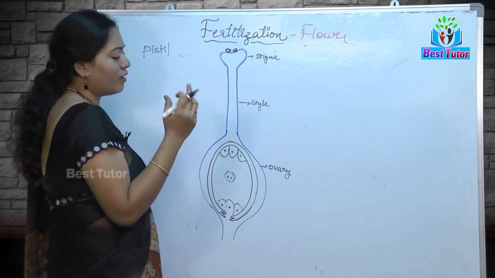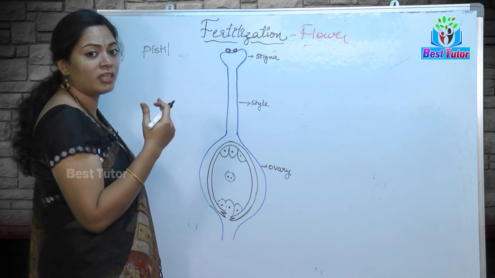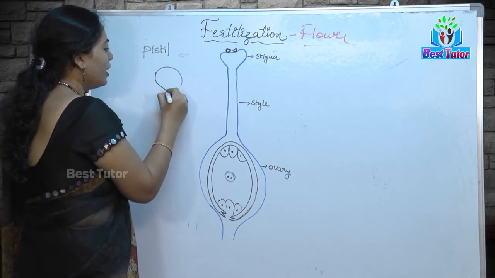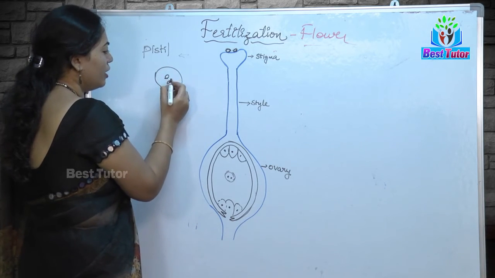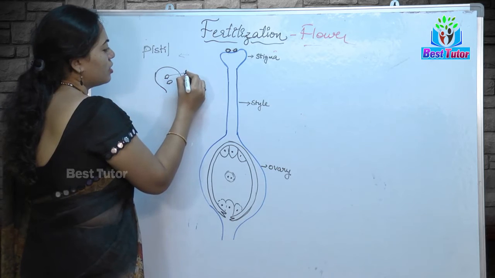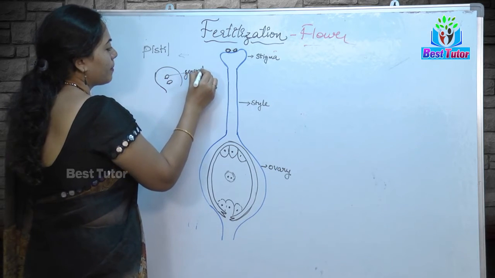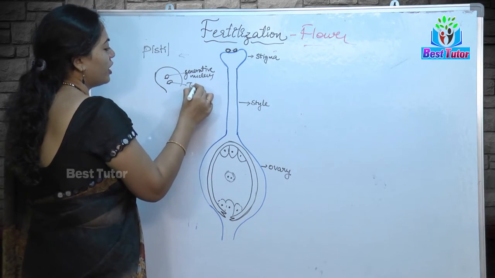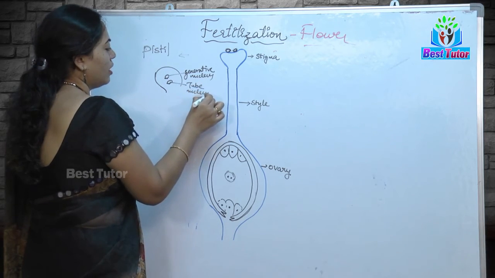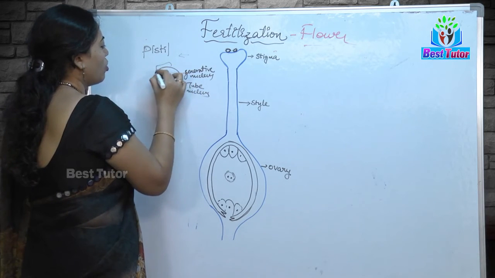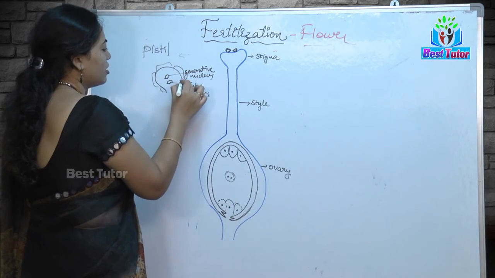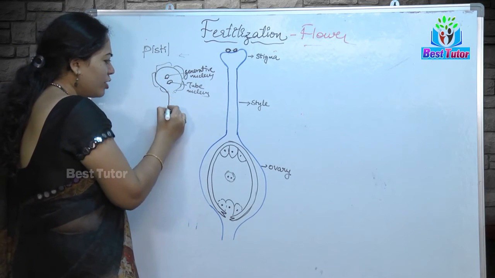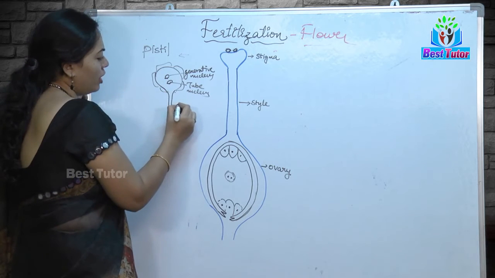Now, if you remember in the earlier video, we have learnt about the structure of pollen grain, where I have said the pollen grain will be having two nuclei. One is the generative nucleus and the other one is called tube nucleus, right. And if you examine, it has outer exine and inner intine. We have discussed all these things. Now, I said the tube nucleus is the one which is going to form a tube like structure known as pollen tube.